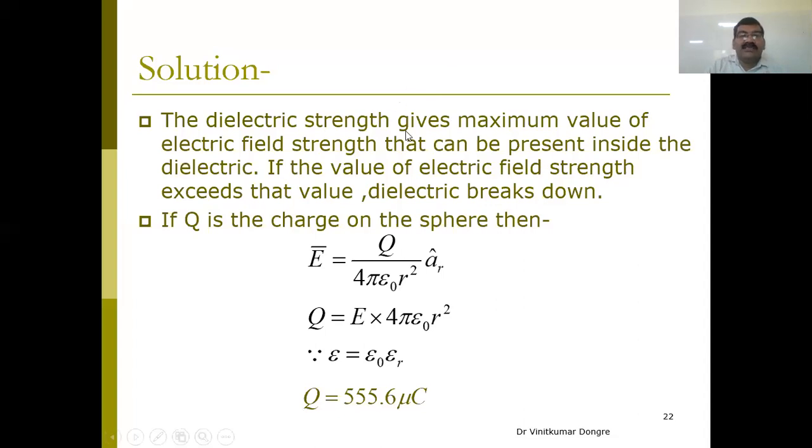What you have to understand is what the dielectric field strength is. Okay, so this way the maximum charge can be calculated. So this is the maximum charge that can be held by that dielectric having the property of 2.5. Okay, so this is the thing. Anybody got the answer? Can confirm.